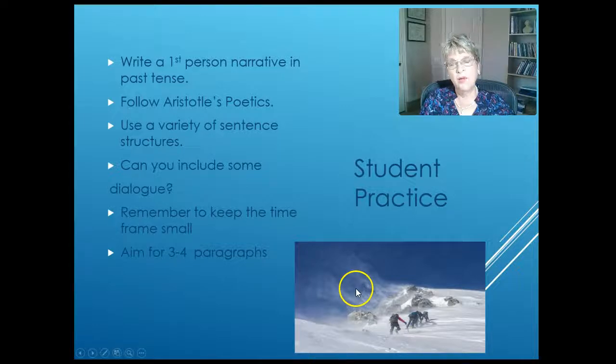Okay, I would like you, for your student practice, to write a first-person narrative in past tense. Please follow Aristotle's Poetics. And if you're not sure if your story can sustain 4 to 6 paragraphs, test it against Aristotle's Poetics. Write down the characters, write down the setting, note the inciting incident, and plot the little incremental marks for the plot up to the climax.